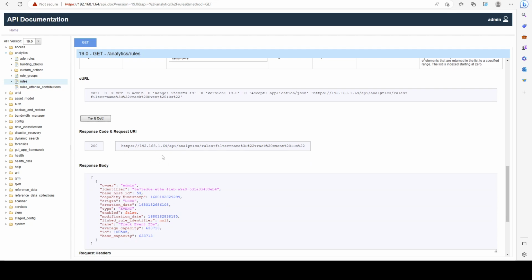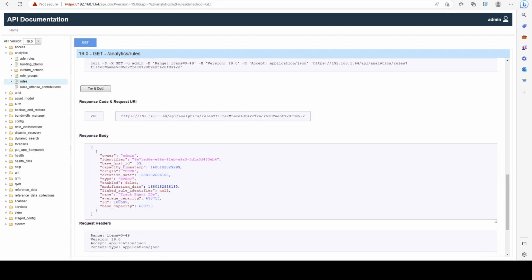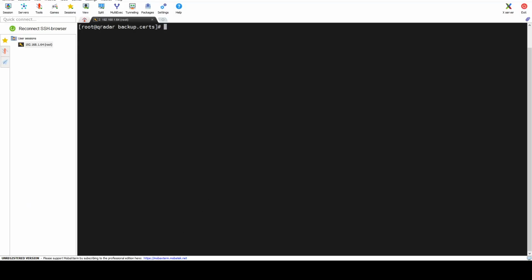And when I click try it out, I basically get a response saying that the ID for the rule you want to delete is this ID. So I'm going to go ahead and copy this ID. Now I'm going to go to my console,